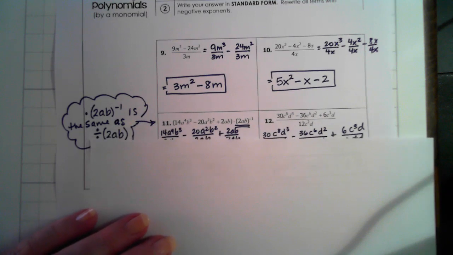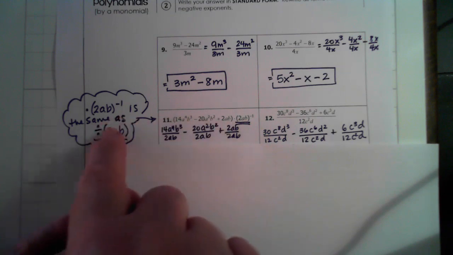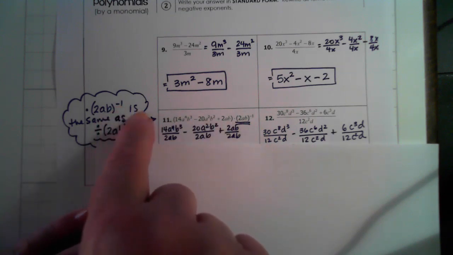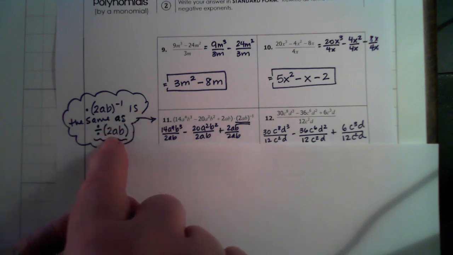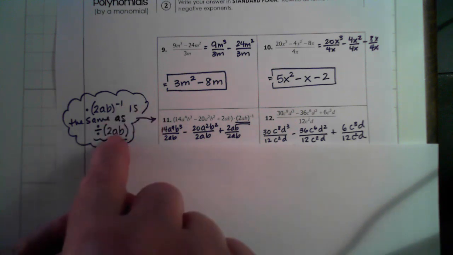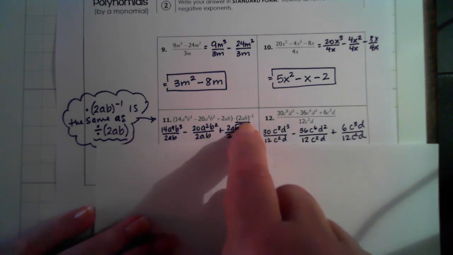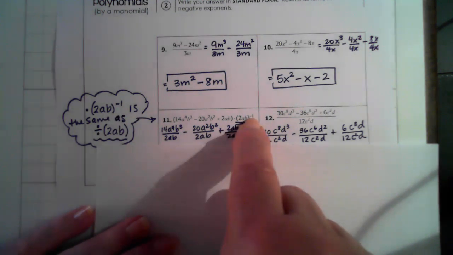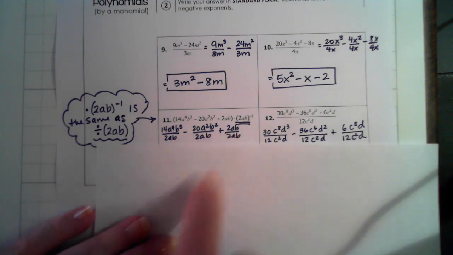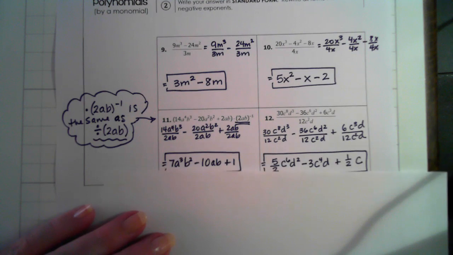Now, this next one, it says I'm multiplying, except that multiplying by 2ab to the negative 1 is the same thing as dividing by 2ab to the positive 1, because this negative 1 power is like putting it in the denominator. So we are actually dividing when it has that power of negative 1. So here I wrote it out where I'm dividing every single one of those terms by 2ab and then simplifying